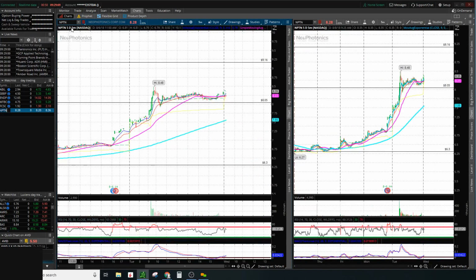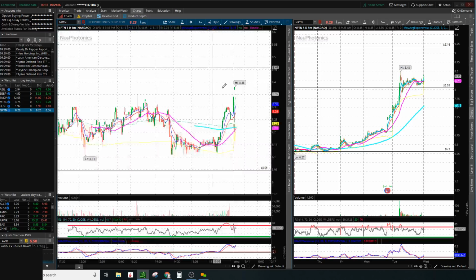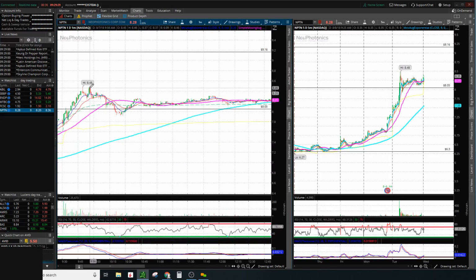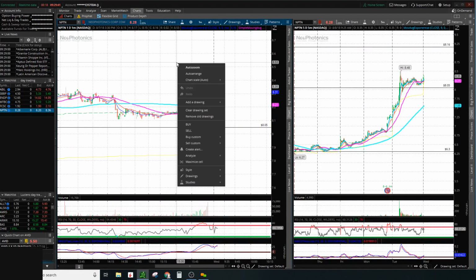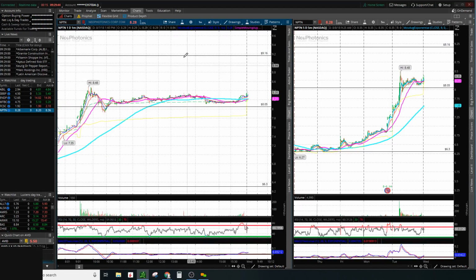Lastly, before the bell, I'm looking at NPTN. This had a great day yesterday. Moved pretty strong throughout the day, pulled back. We were actually watching this for a short. We got that short pullback to the 20 EMA on a 5 minute. Let's see on the 1 minute, you could really see it right here. This had made a double top, and after that it just sold off, got below VWAP, inverse head and shoulders, but then it just traded sideways. So now we're seeing this gap up a little bit again. This could be a really nice day 2 run for